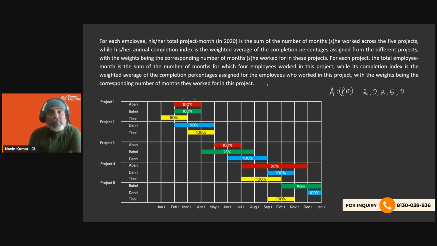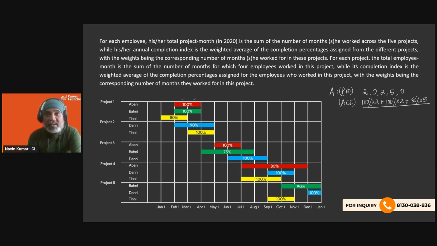While his or her annual completion index, let's call this ACI, is the weighted average of the completion percentages assigned from the different projects, with the weights being the corresponding number of months he or she has worked for in these projects. So if I want to calculate ACI of A, we will say that A has completed 100% of the work in those 2 months. Second month did not do anything. Then it's going to be 100% of the work in the third project, which took 2 months. Then it's going to be 80% of the work completed in those 5 months,